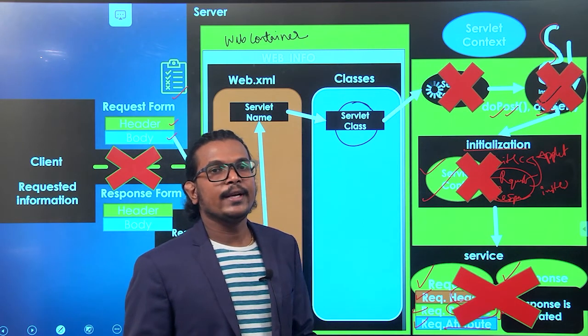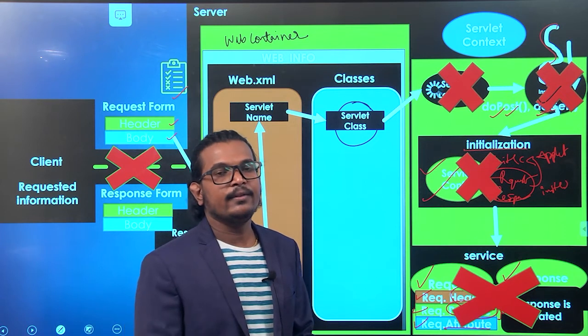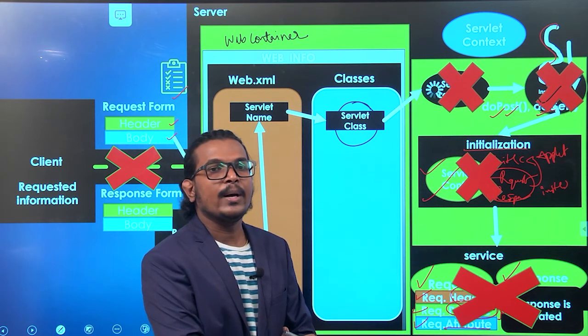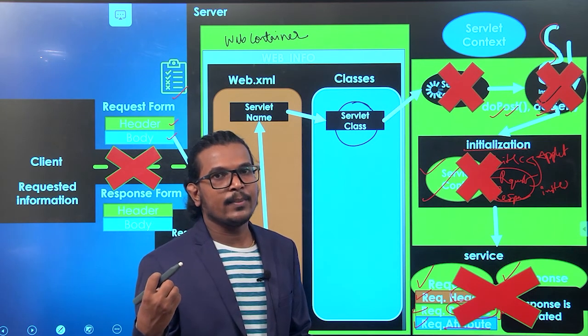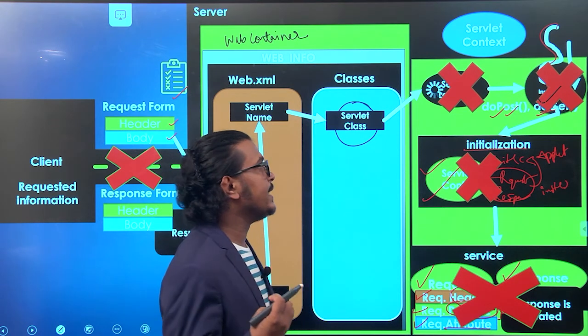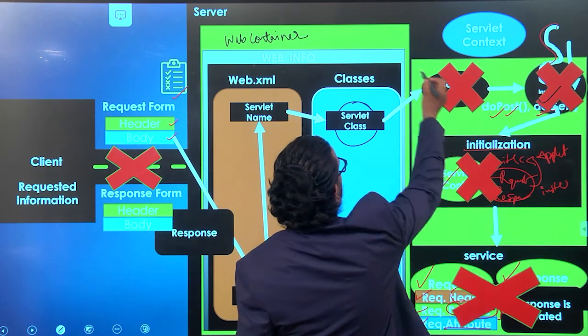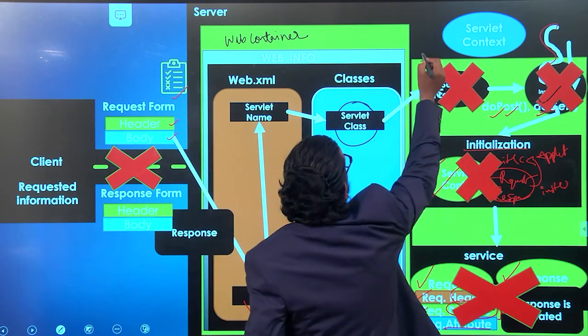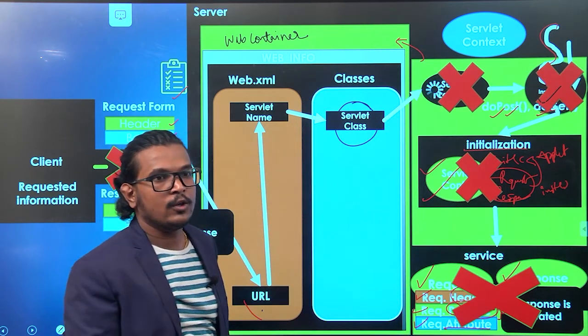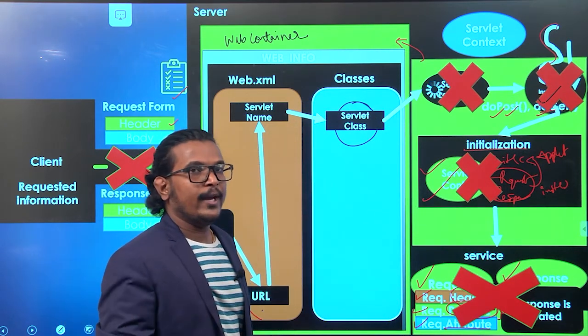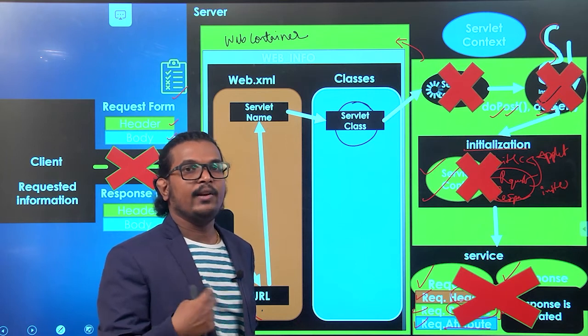So it will unload the servlet from the memory, meaning it deletes that particular servlet information from the memory. Once the deletion is done, all this information is passed to the container. Whenever the container receives all that information, based on it the container will take the forward step.